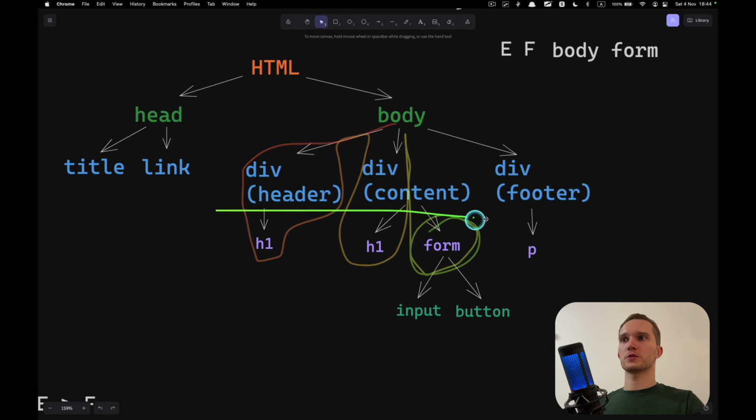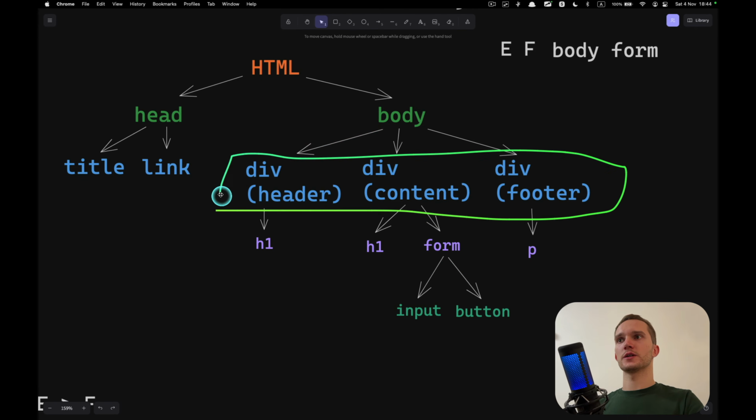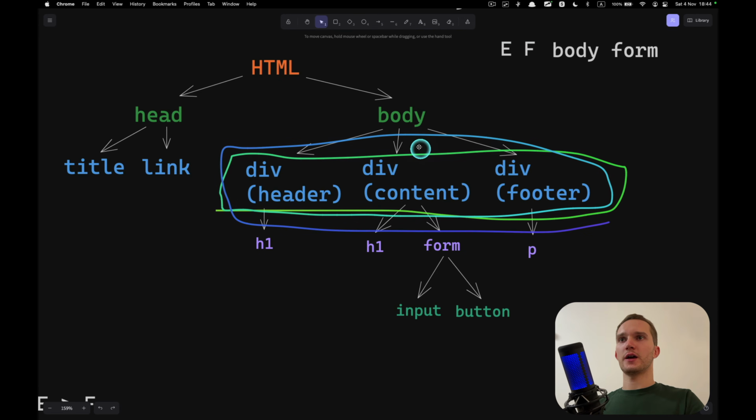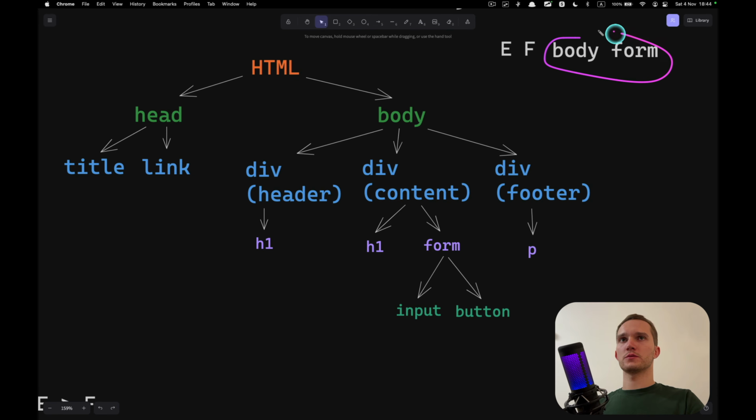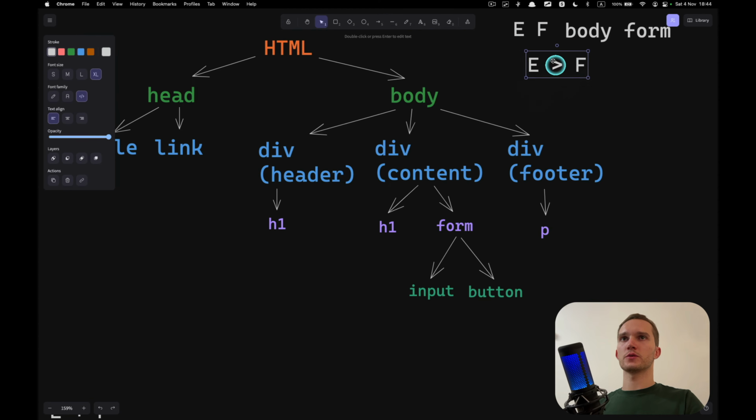It goes to all the descendants, all the children, grandchildren, great-grandchildren, all the way down to the bottom of the tree. So this is relation number 1. If you didn't understand it, now you'll get it.